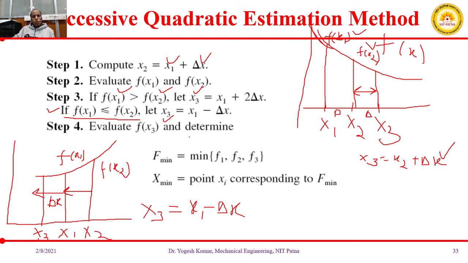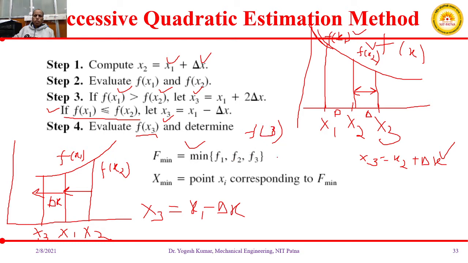Okay, so now we have calculated 3 points x1, x2 and x3, and these points are at equidistance. So we can calculate the minimum value of the function at these 3 points. We have already calculated f(x1), and we have calculated f(x2). Now we will evaluate f(x3), and we will compute the value corresponding